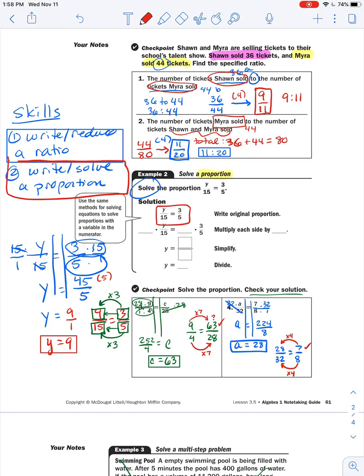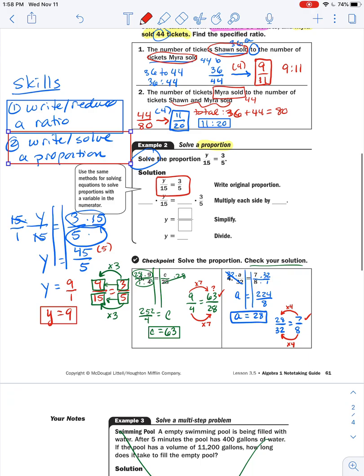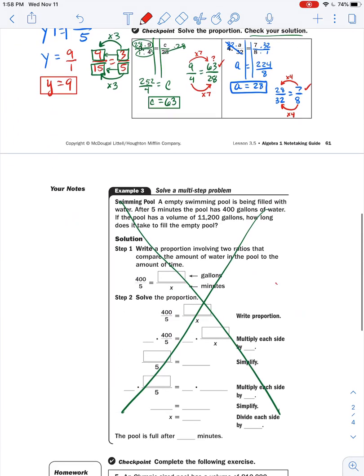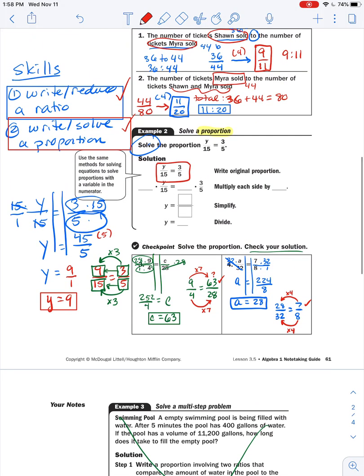I think we're going to stop there because that will allow you to be successful at these 2 skills that you need for today. There is a Schoology assignment. So if you look for that little puzzle piece, it'll say Schoology assignment 3.5. And that'll give you a chance to practice these 2 things so you can be experts on that moving into tomorrow. A problem like this one will be easier to solve after we learn our kind of short